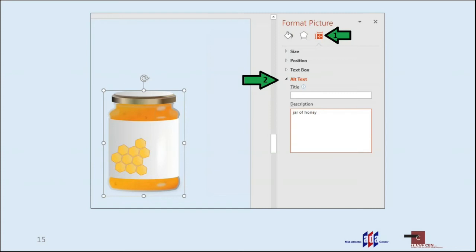Newer versions, as you can see here, as the version we're currently using, have not only a title field, but also a description field. The description field should always be filled with the alt text. The title field should only be used when the description field contains a lengthy description of a complex image, such as a table or a graph. In such a case, the title field should be filled to provide a brief summary or indication of what is in the longer description.